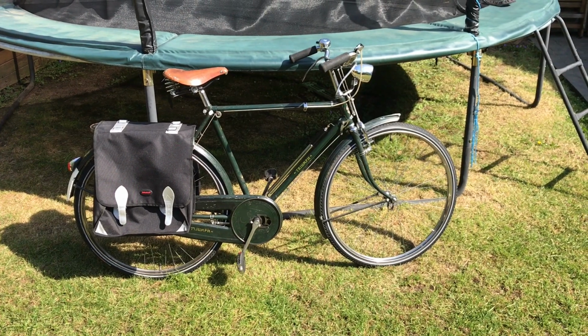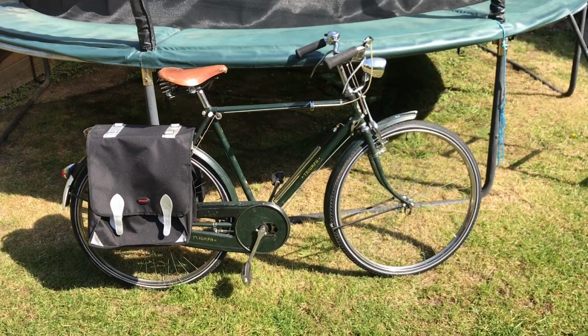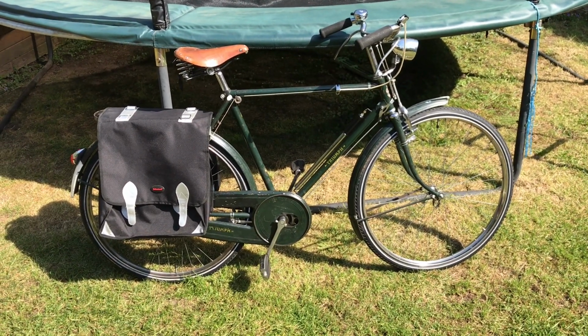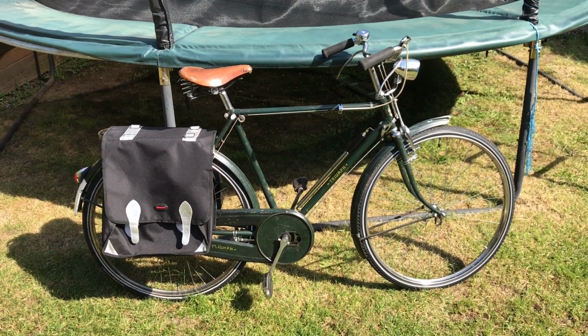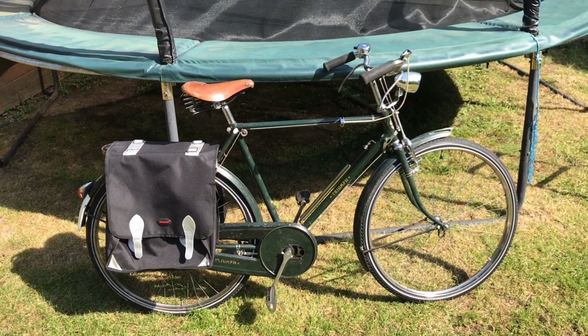Here it is then, Triumph Roadster Cycle, built in a factory in Nottingham in the UK in 1958. I am the third owner. The first owner was a man who bought it new, and then I think in the early...